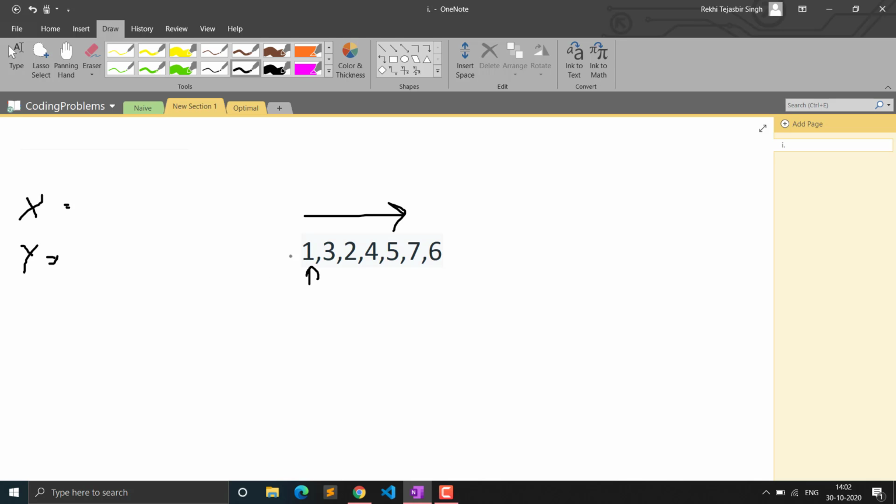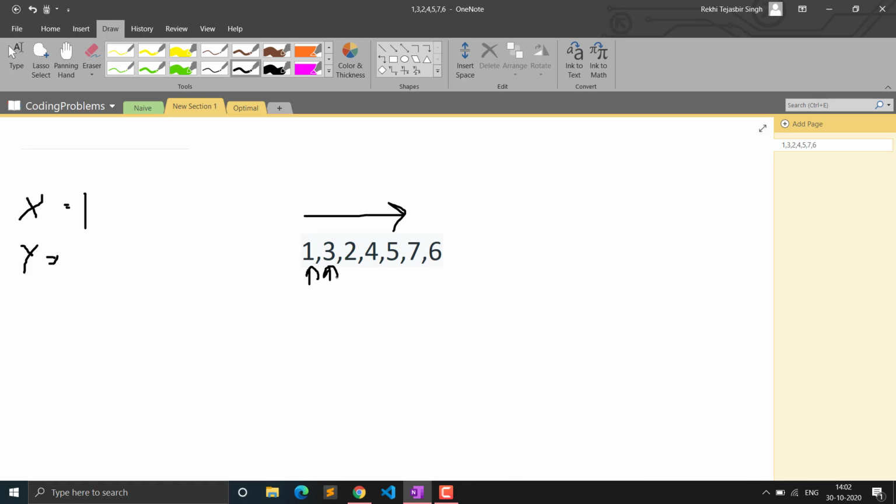So i will be here. Now we will check if this array element, that is this 1, is less than x. x is int max, so it is true. This element is less than x, so we will set x to 1. Now the else-if check, whether the element is less than y, will not run, because the else condition only runs if the first condition is false.